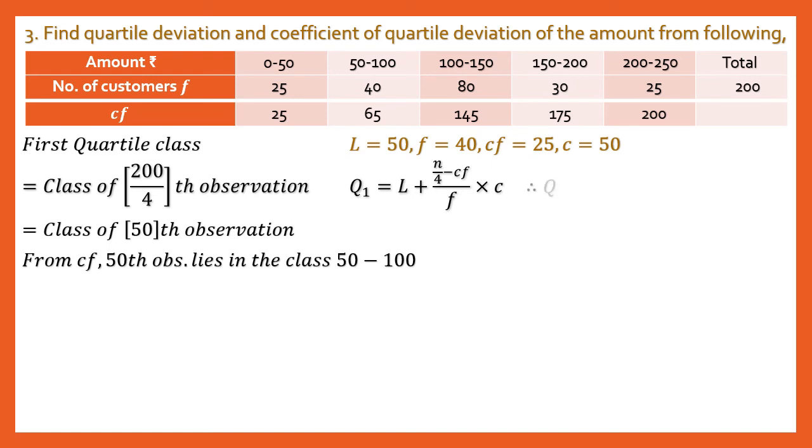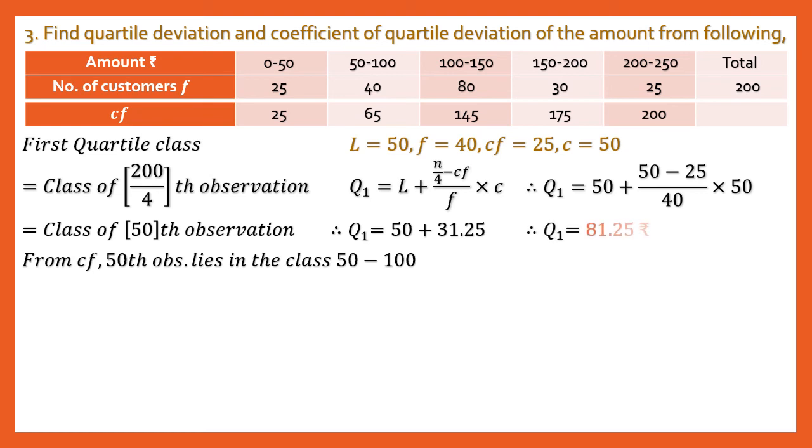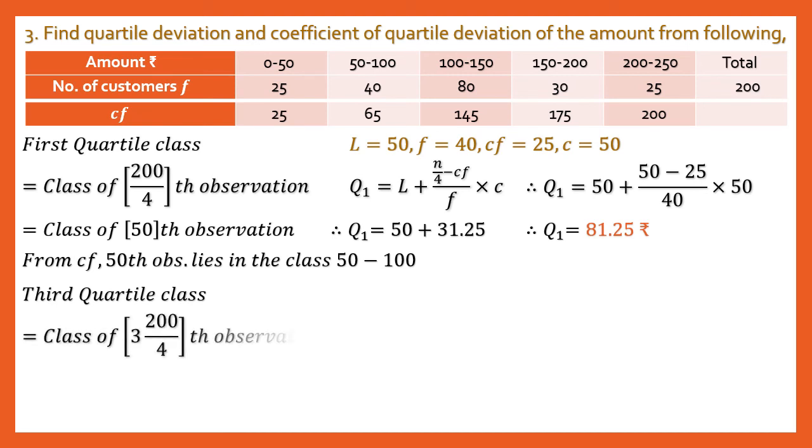Because the formula is written, I will put the values in that formula here. Q1 is equal to 50 plus 50 minus 25 upon 40 into 50. Now 50 minus 25 upon 40 into 50, I will simplify that first. So 50 plus 31.25 will be the answer, and therefore my first quartile value will be 81.25 rupees. That's my first quartile. Next, moving on to the third quartile class, that would be class of 3 into 200